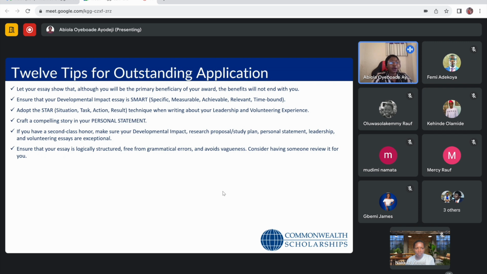You can make use of Grammarly, you can get people to read it for you. You can leave your essay for some days, then take it again and read it out aloud. It will help you notice, this one does not really make sense, no, this is a mistake. And avoid being vague. Vagueness also comes in with things that are not achievable. Avoid being vague in your writing as well.